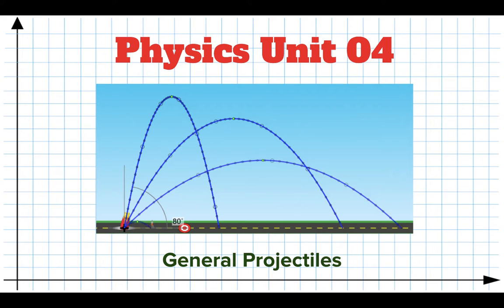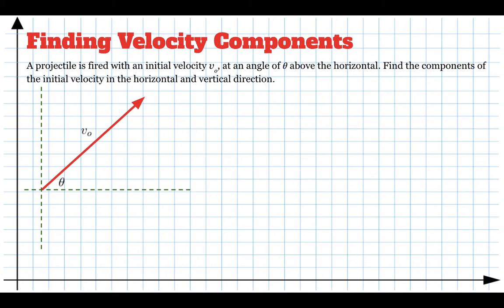Together a whole bunch of ideas that we've been working on over the last couple of weeks and solve problems involving what are called general projectiles. So, a quick review: if we launch a projectile at an angle that is not horizontal, so we launch a projectile at some angle above the horizontal like this, then we can find the components of the velocity in the